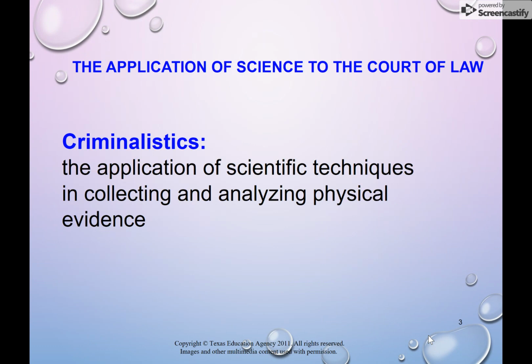Okay, so let's talk about the word criminalistics, which we actually haven't mentioned before now. We've been using the term forensic science this entire time, and it's not that we're wrong, but there is one major difference between a criminalist and a forensic scientist. So a criminalist is a person, or it's the study or the application, if you will, of science to collecting and more specifically analyzing physical evidence. It's this analyzing that's the big key words. If you would highlight, underline something, that would be great.